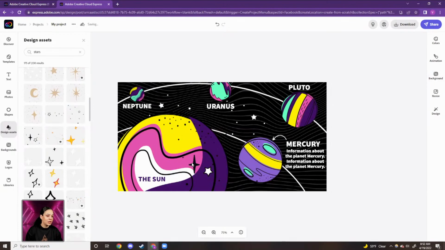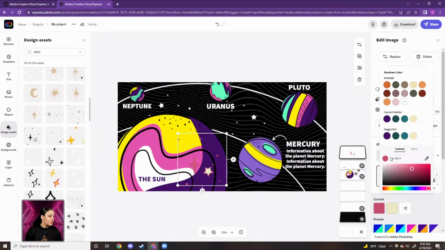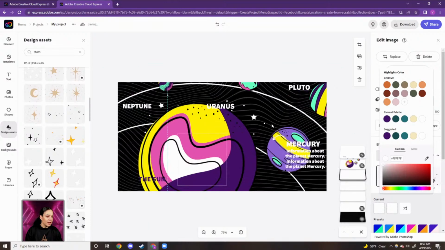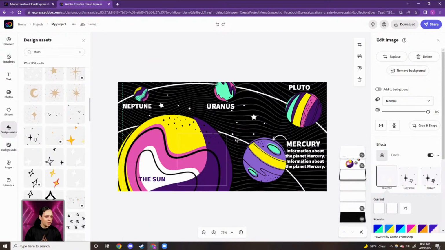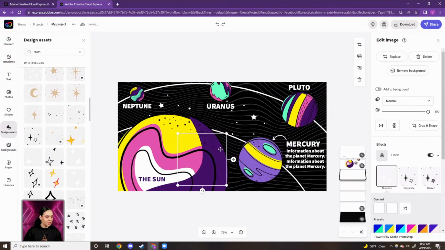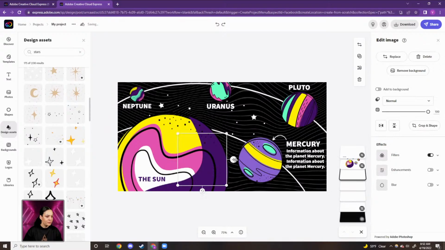We could change the color exactly like we did. If I go to filters, let's just turn these both to white. And I will reorder this. We'll put this underneath our planets. And I can also, oops, let me Control Z there. I want to make sure that I'm selected on my planet or on my stars here. Let me just grab this little handle and drag it over, and I can resize it and start placing it